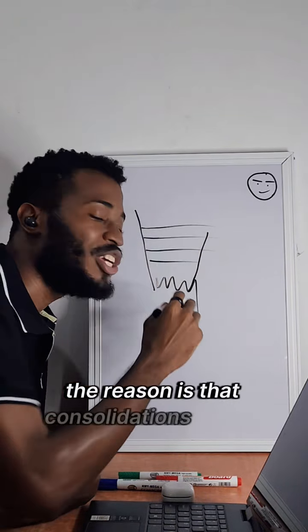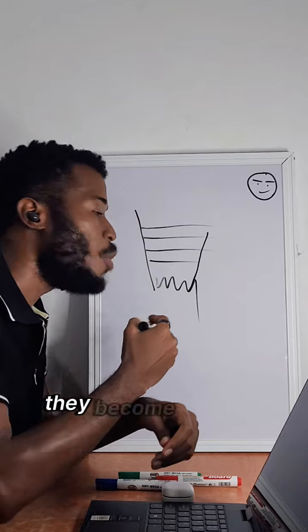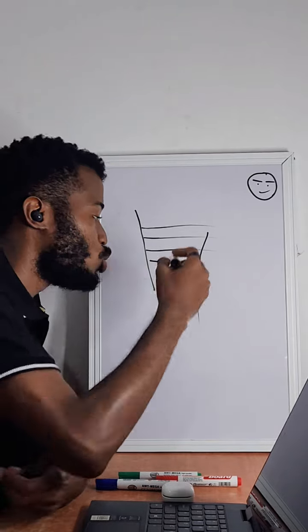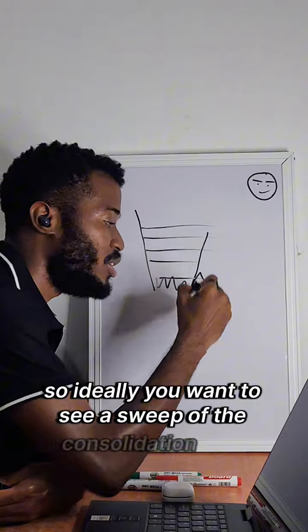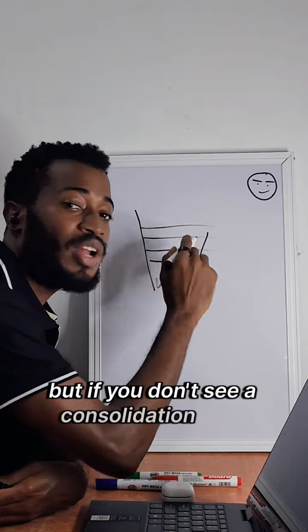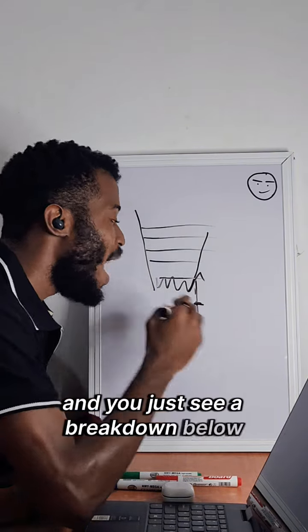The reason is that consolidations form a base in price. They become the new fair value in the market. So ideally, you want to see a sweep of the consolidation high. But if you don't see a consolidation high sweep and you just see a breakdown below, as soon as you see